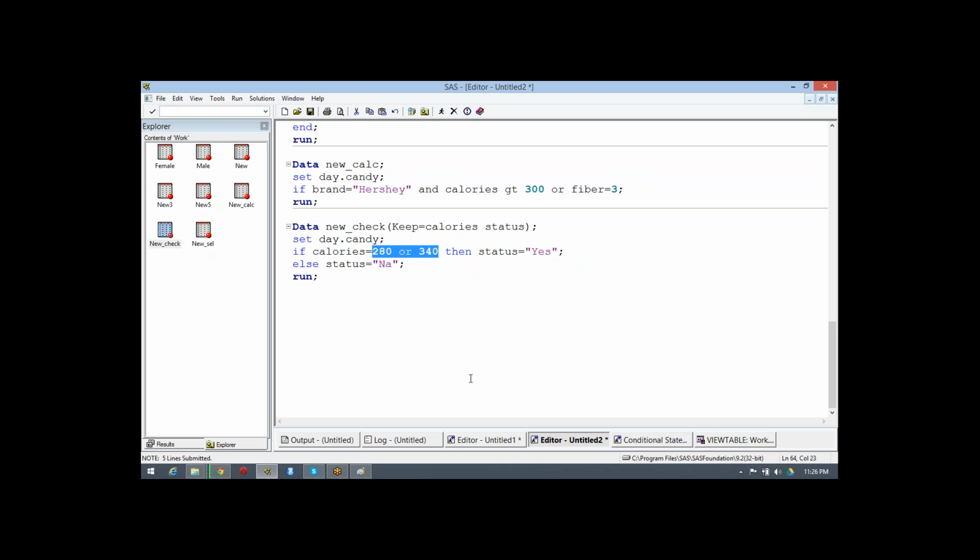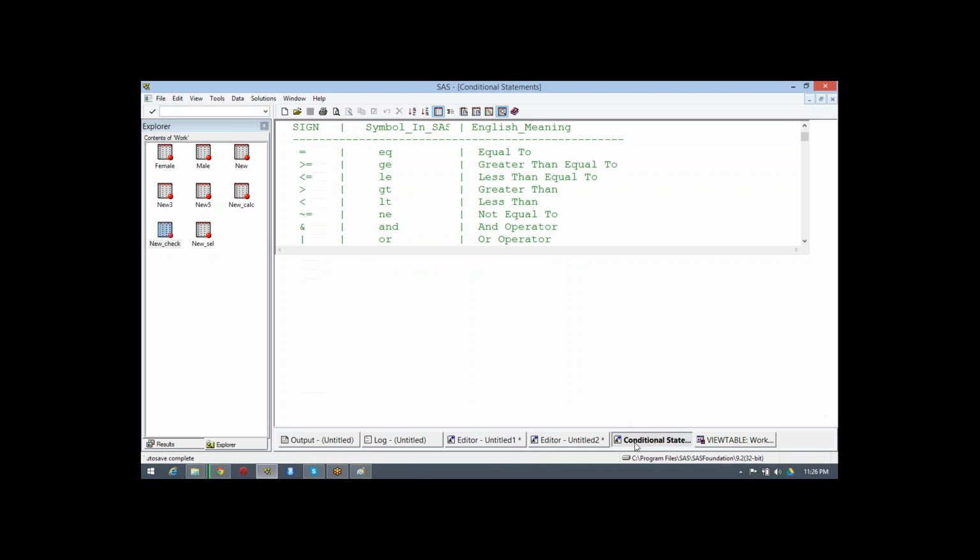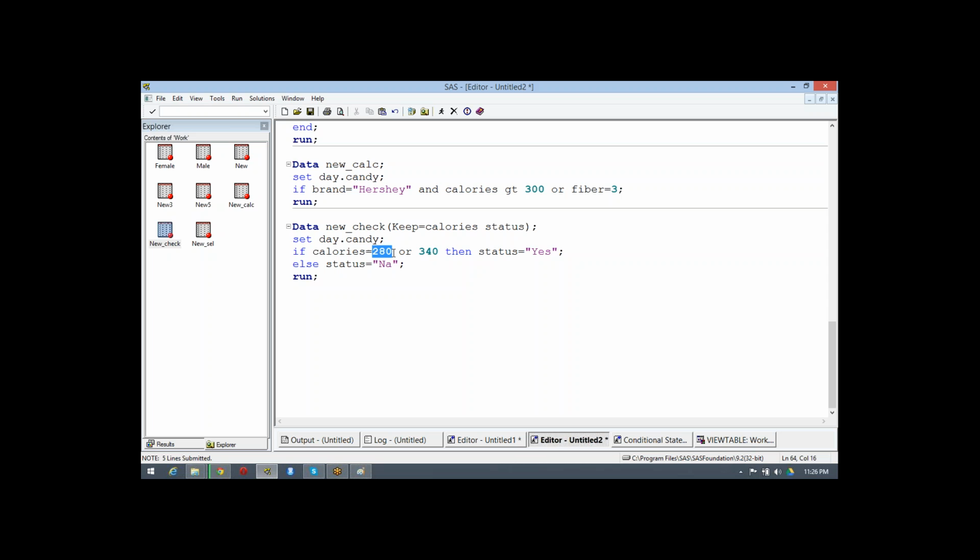So why is this answer coming up? We have provided instructions only for 280 and 340, but we are getting just as we are keeping.